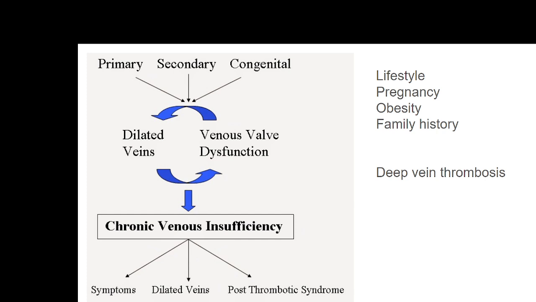Now once there is a chronic venous insufficiency due to any of the conditions, the clinical presentations could be of 3 categories. Initially there could be minor symptoms like pain, cramps in the calf muscles, or mild edema, which may not show dilated veins as such. Or the next would be dilated veins, which are usually named as varicose veins or reticular veins or telangiectasia, depending upon the size or prominence.